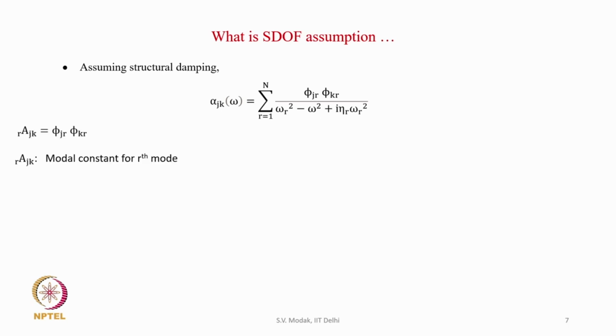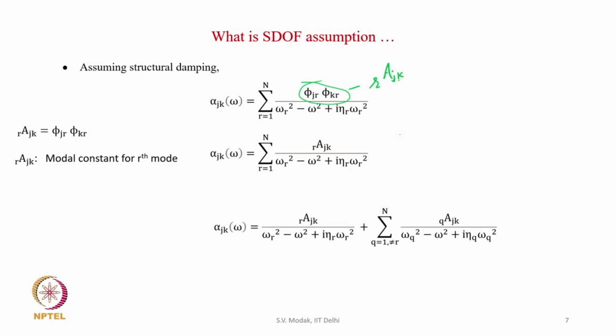Here omega r is the natural frequency of the rth mode and eta r is the modal loss factor of the rth mode. Let us also define what is called the modal constant. The numerator, which is the product of phi jr and phi kr, we are designating as rAjk, the modal constant of the rth mode with respect to the FRF alpha jk. With this change, the numerator in the FRF expression is rAjk. If we are focusing our attention on the rth mode, we can rewrite the FRF expression by separating the contribution of the rth mode and the contribution of all the remaining modes. The first term in this expression is the contribution of the rth mode,